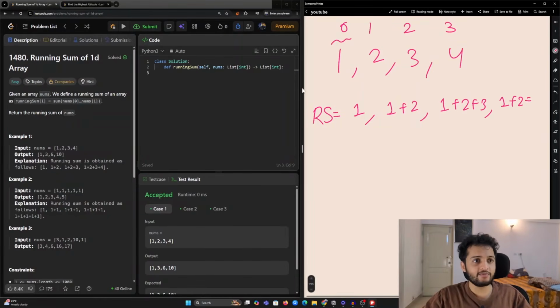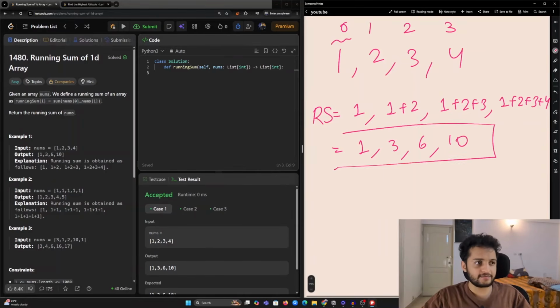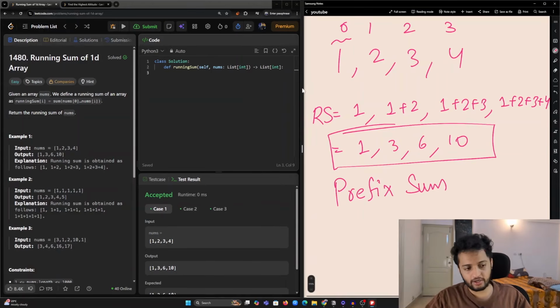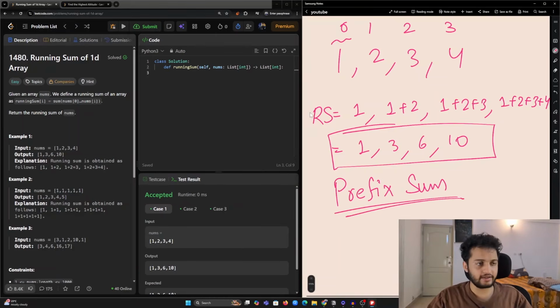And the fourth one will be 1 plus 2 plus 3 plus 4. So finally, our array will be 1, 3, 6, 10, right? This is called the prefix sum array of a particular list. And this is what we want to calculate and return.